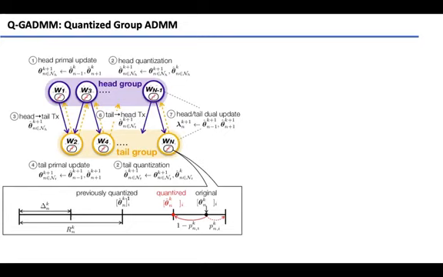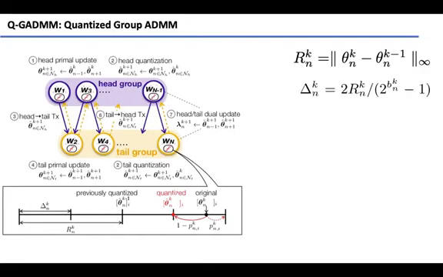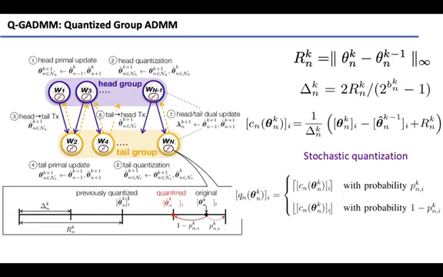Now I describe quantized GADMM. We follow the same steps of GADMM, except that each worker shares a quantized version of its model with the neighboring workers. As shown in the figure, the stochastic quantizer at iteration k is centered by the previous value of the model, and it is also defined by a few other parameters. The first parameter is the quantization range, which is defined by the maximum difference between the current and the previous model. The quantization step size, which is equal to the range over the number of quantization levels, and the probability of rounding up every element in the quantized vector, bi.